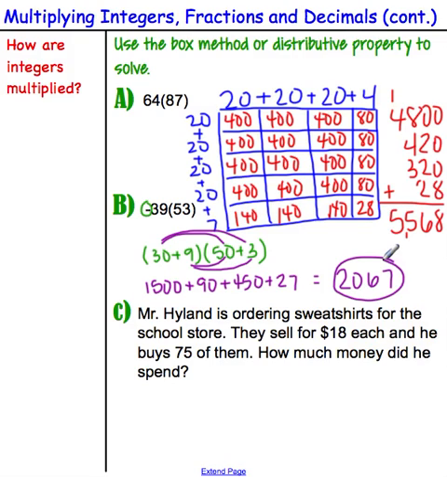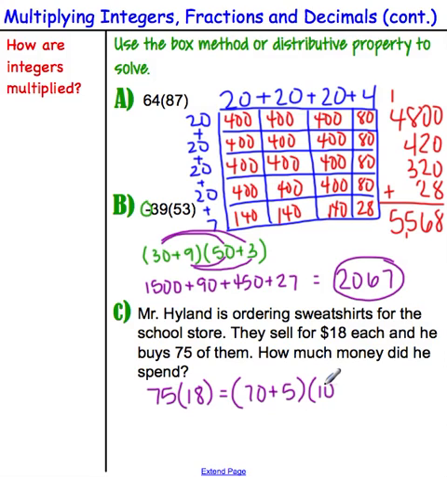Now, our last problem is a word problem. We have Mr. Hyland. He's ordering sweatshirts for the school store. They sell for $18 each, and he buys 75 of them. And we want to know how much money he spent. So we're going to take our 75 times 18, which I'm going to use the distributive property for, which a lot of you are probably going to resort to because it's shorter or less writing anyways. And that's 70 plus 5